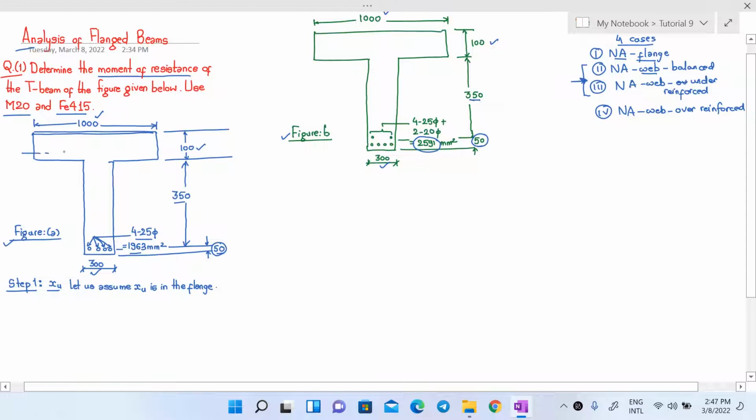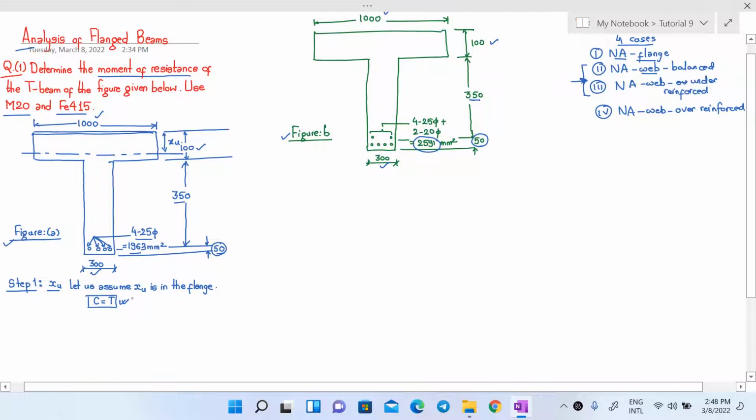That means let us say somewhere along this line, this is the depth of our neutral axis xu. So if we assume that xu is in the flange, we can use the equation C equals T to determine the depth of neutral axis by comparing the values of